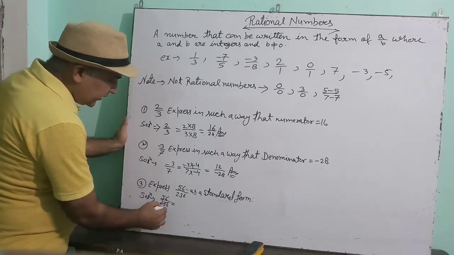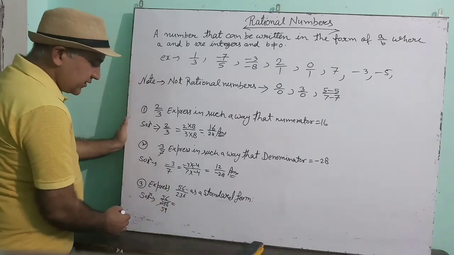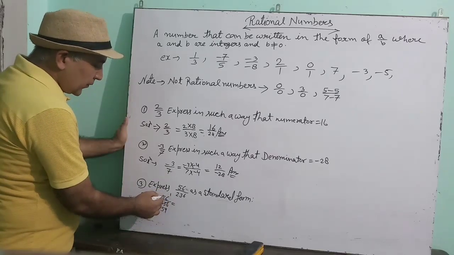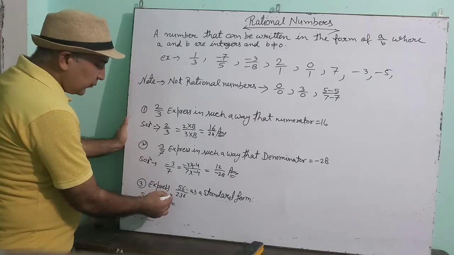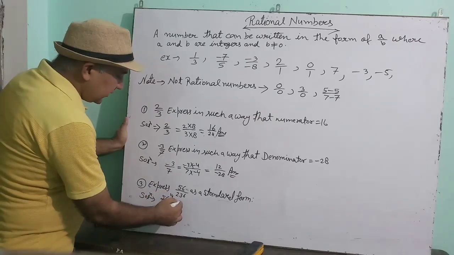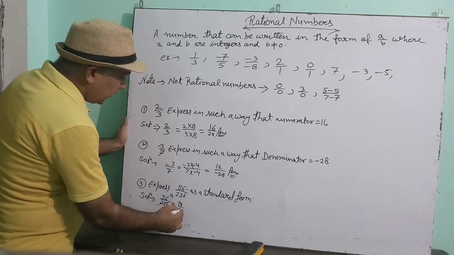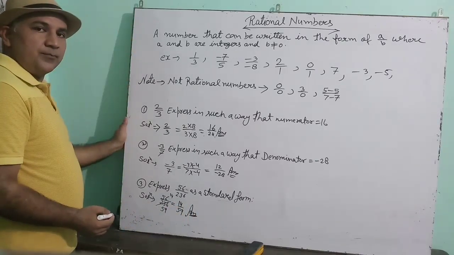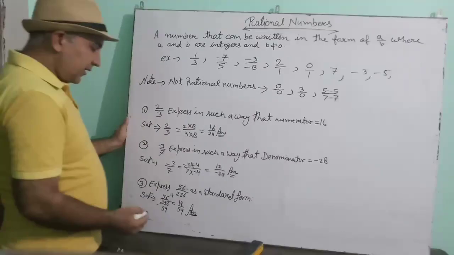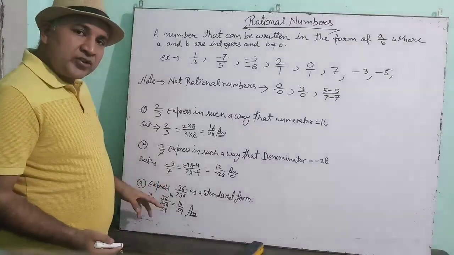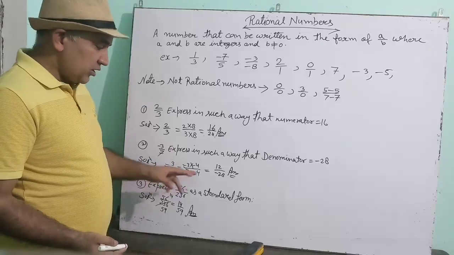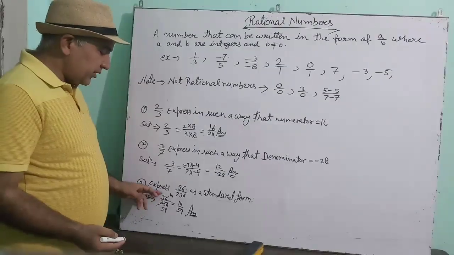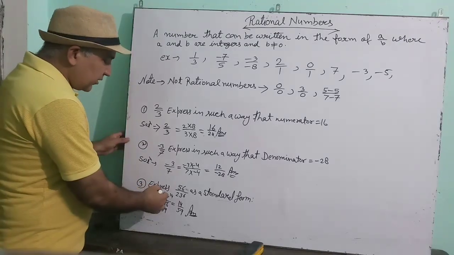4 into 5 is 20, 4 into 9 is 36. And when numerator is divided by 4, 4 dividing 5, so 1 times, and 4 4s are 16. That means 14 upon 59, and this will be your answer. Understood? Everybody? How to convert into lowest term or into standard form? Check the number which can divide the numerator and denominator both. Then divide both the numbers by that.